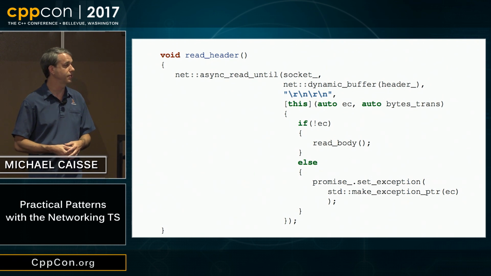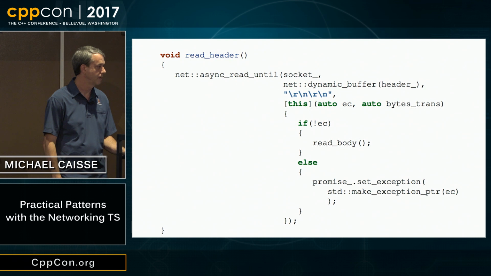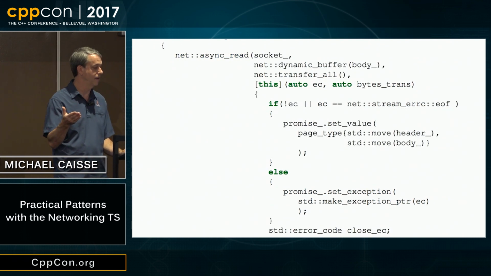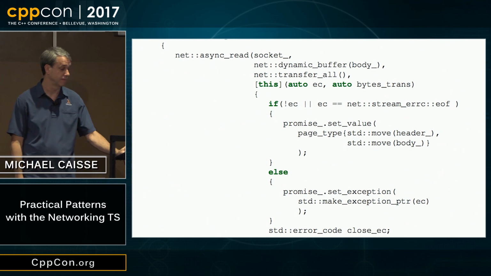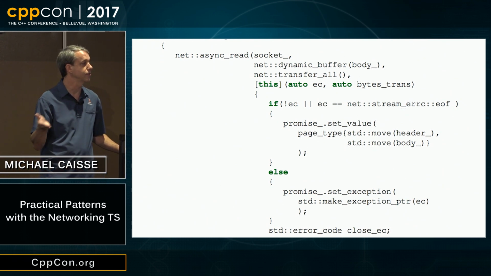If we do have an error, we're just going to end there and return the exception. All right, so this is that chaining thing again, right? And if we look at read body, what does it do? It is satisfying the promise. One way or the other, it's going to satisfy the promise. So either it's done and it got the answer, or it's not.